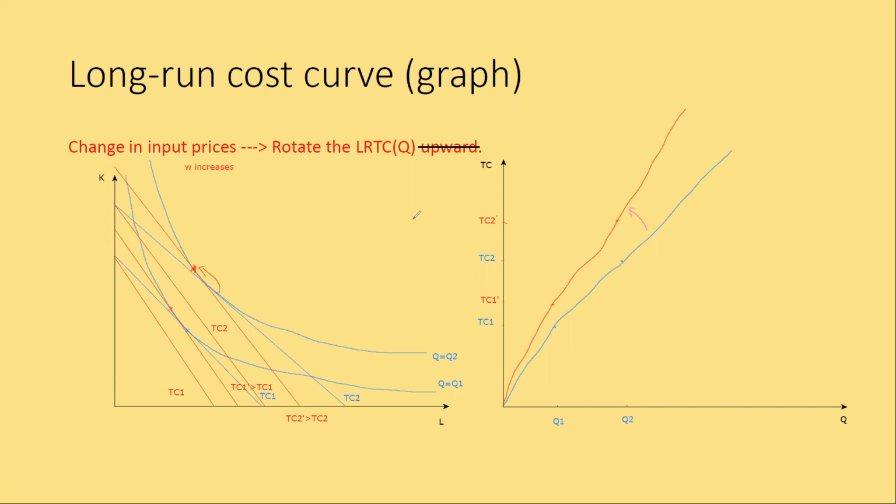And we call this rotate upward. So whenever there is an increase in the input prices, it is going to rotate our long run total cost upward. When there is a decrease in the input prices, it is going to rotate our long run cost curve downward. So if input prices decrease instead of increase,